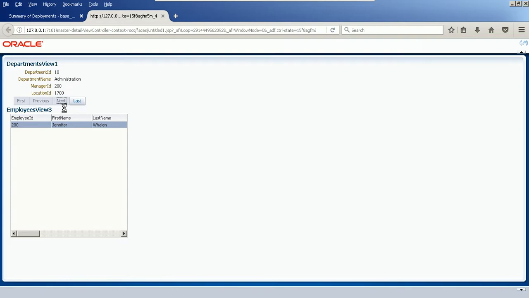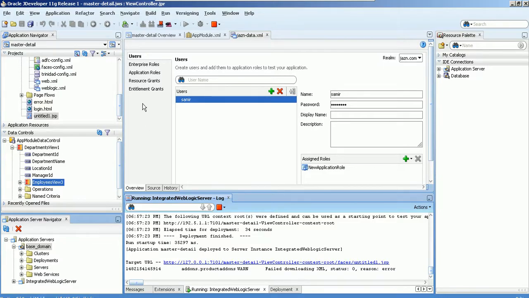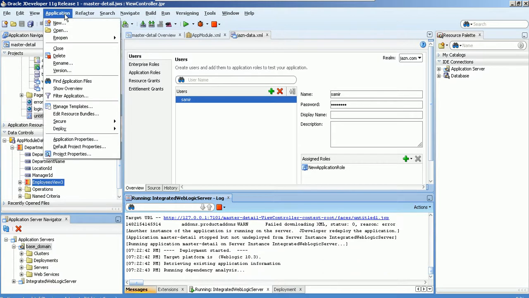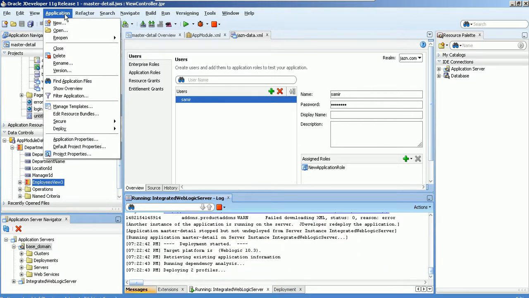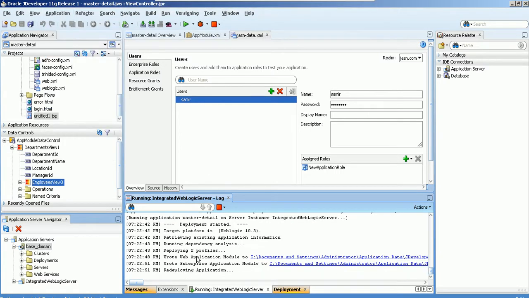This is inside my VMware machine, so it is a bit slow here. You can see this is a simple application of parent-child relationship. So let's deploy. To deploy, go to the application. It is running again. Let's wait for the deployment to enterprise